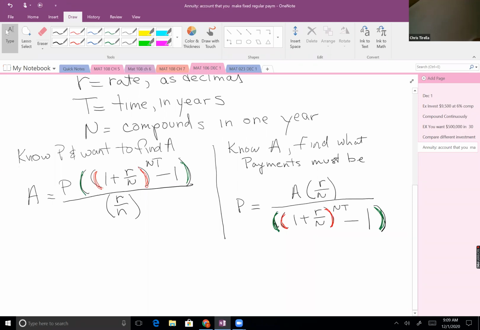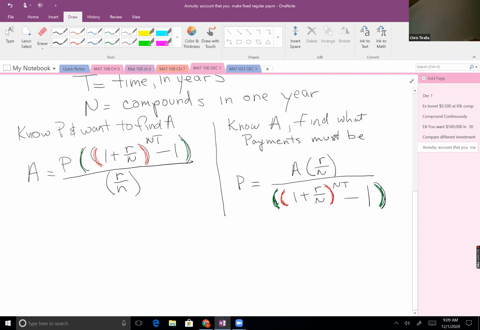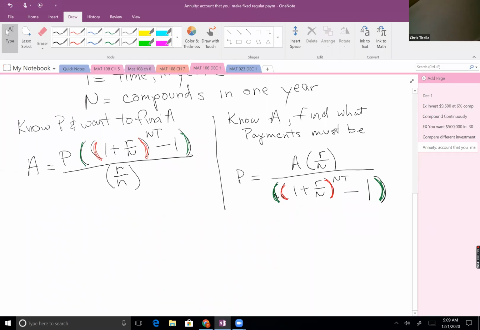Let's see, we've got 6 minutes left. So let's look at a problem that makes use of one of the two formulas and then pick up from there next time. I am going to go rogue and not use the example that I have, but instead use the example that we looked at earlier, where we want $500,000 in 30 years. We can invest in an annuity